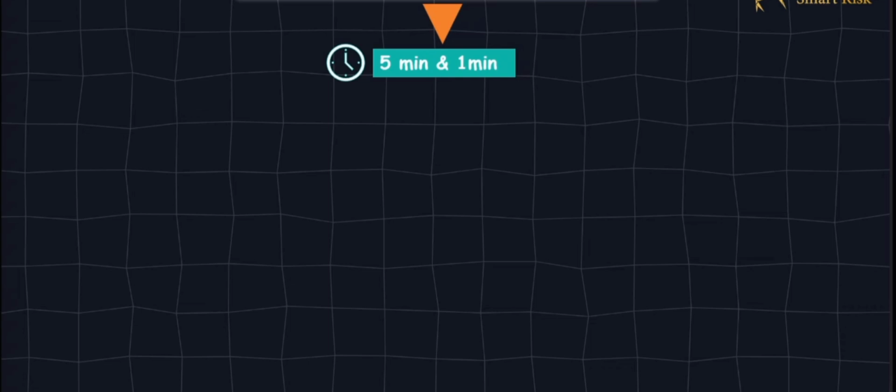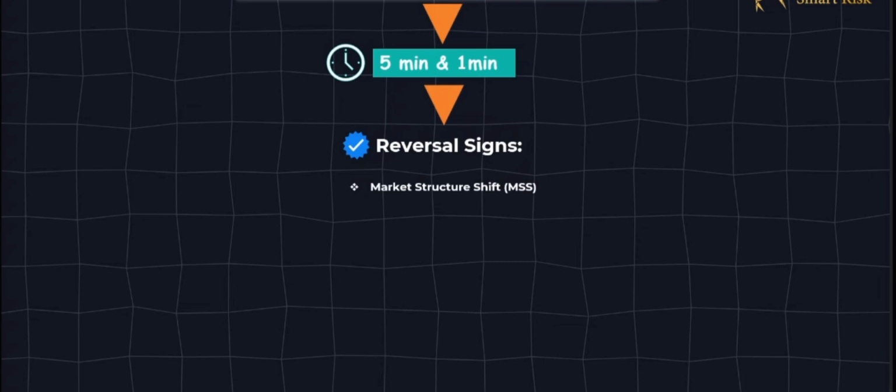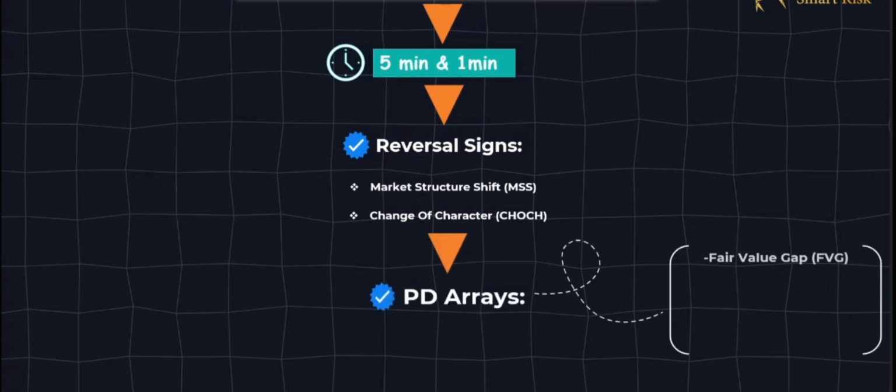Now, first things first. After zooming into the entry time frame, you need to wait for the price to tap into your analysis time frame's area of interest and show signs of rejection. Once you see rejection, the next step is to look for a market structure shift or a change of character. After a market structure shift is confirmed, the next move is to identify a PD array. This could be a fair value gap, an order block, a breaker block, or a mitigation block. Which one you focus on will depend on your trading model and personal preference. And finally, after identifying the PD array on the entry time frame, we can use it to open a position